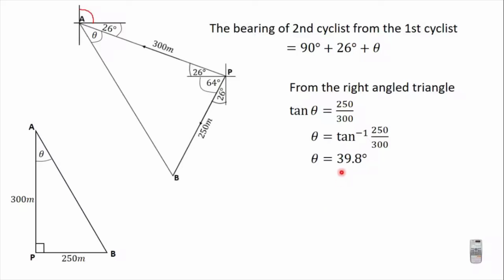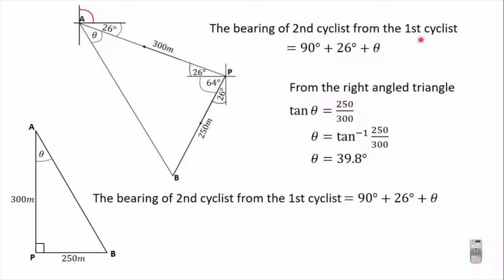So we have now found theta to be 39.8 degrees. We can now find the bearing of the second cyclist from the first cyclist, which is 90 degrees plus 26 degrees plus theta, which is 39.8 degrees. And when you add everything, you are going to get 155.8 degrees. So the bearing of the second cyclist B from the first cyclist A is